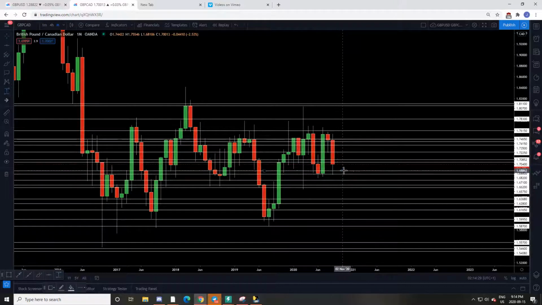Now, I just want to clean up some of these ranges, as some of these ranges are quite large. So I'm just going to do that by looking at some of the monthly candle body conjunction points and giving us some more price point guides to work with when we look at intraday levels.